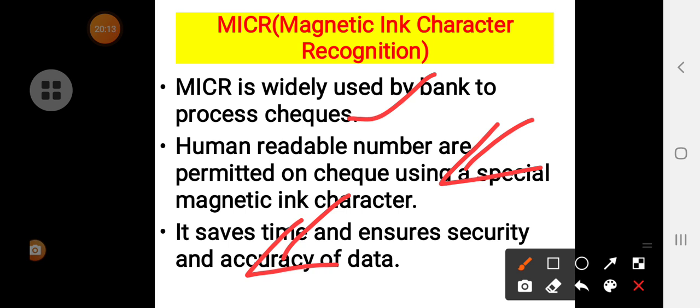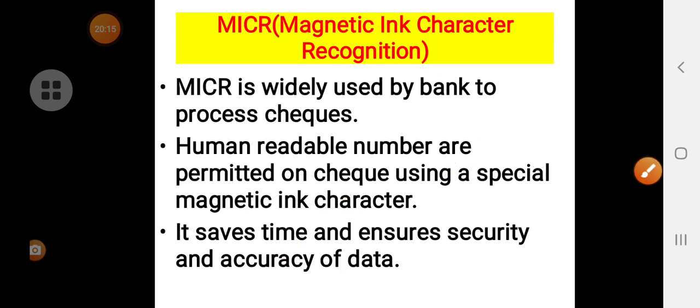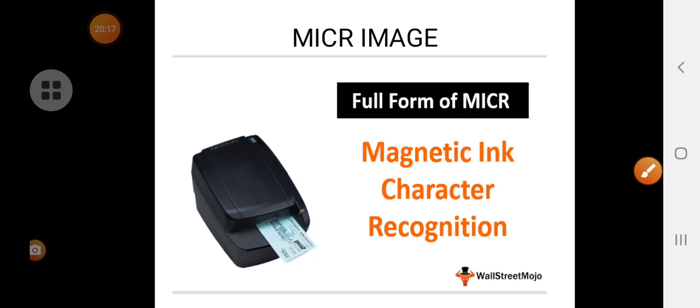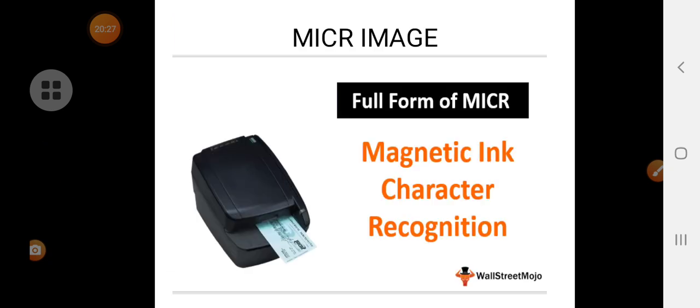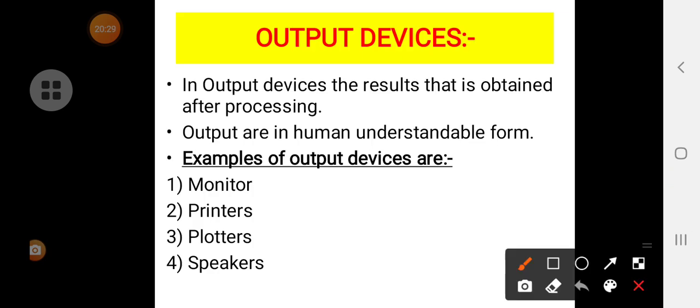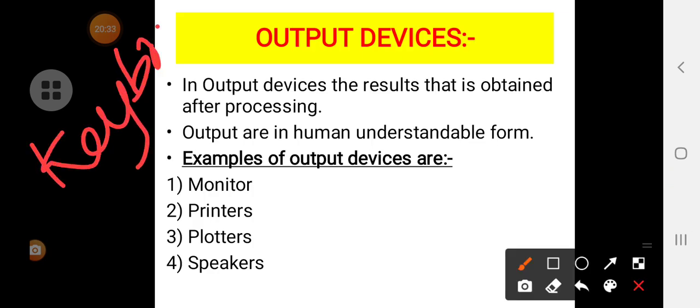Okay students, I hope you all are understanding this MICR concept. So next we will move on to the output devices. Before going to the output devices, what are the input devices which we discussed in the last classes? Let me recall. So first one is keyboard. Next one is mouse.